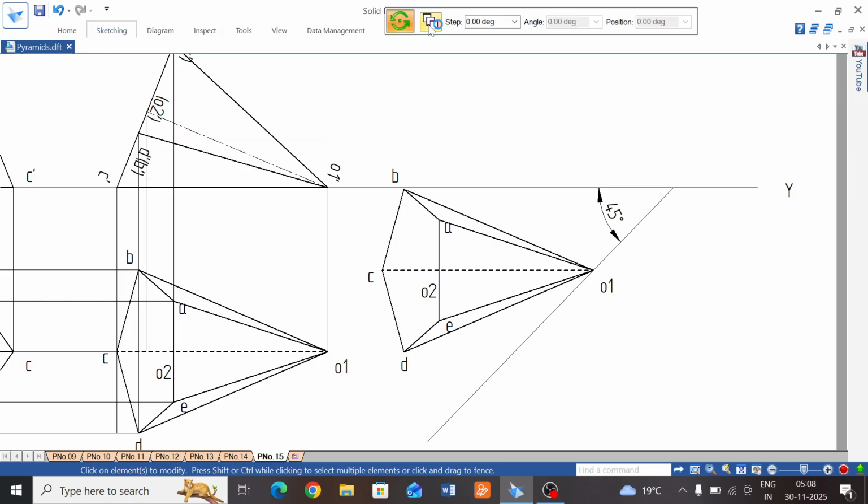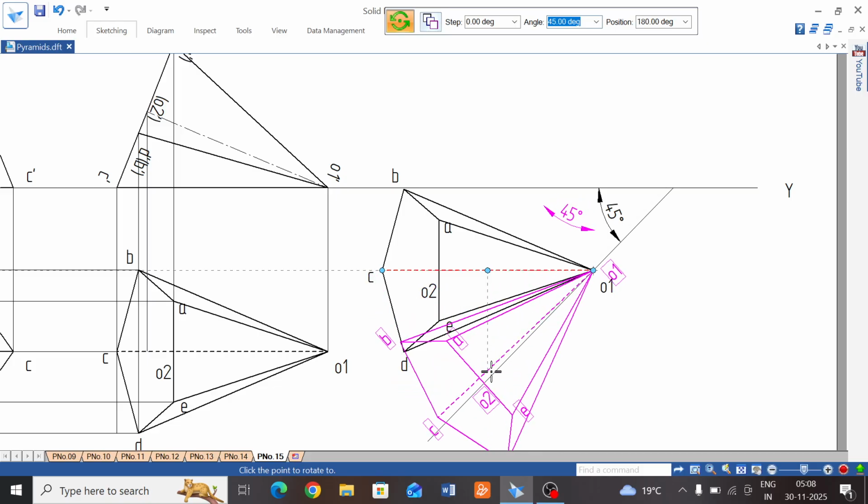If the copy is switched on, switch it off and select including text. See here, all those text and pyramid is selected. Center of rotation is O1. Point to rotate this line up to whatever you select and rotate it over the 45-degree line